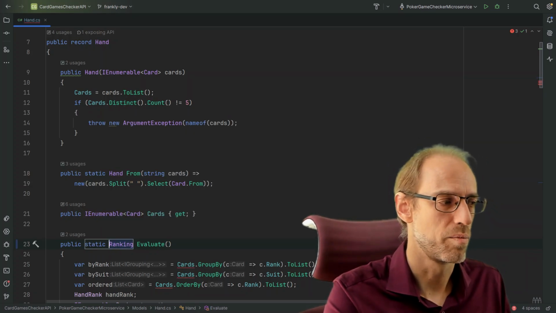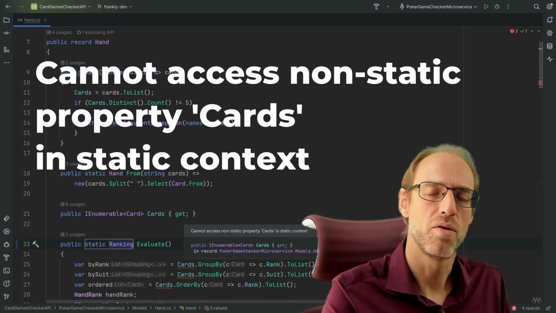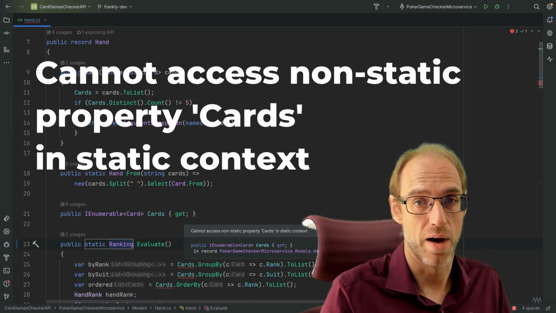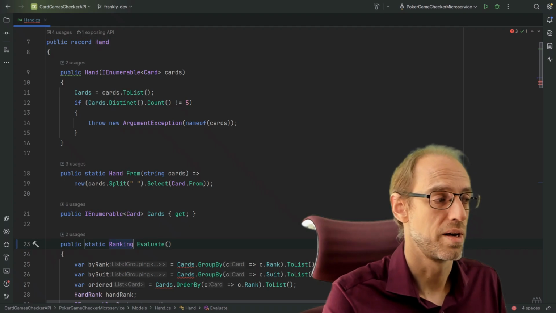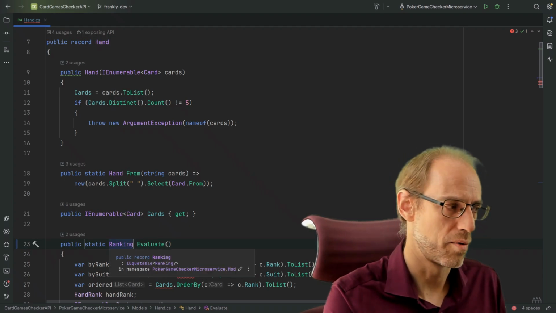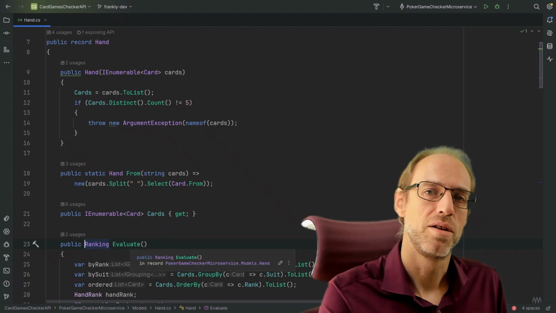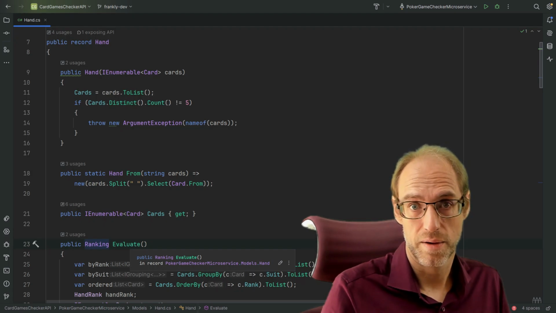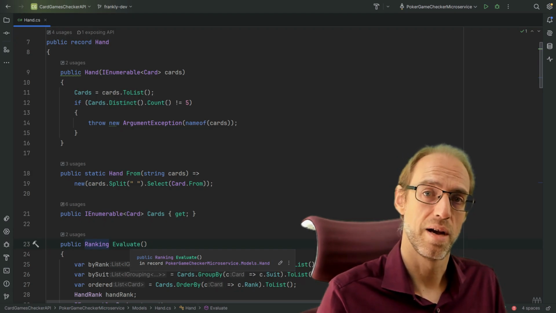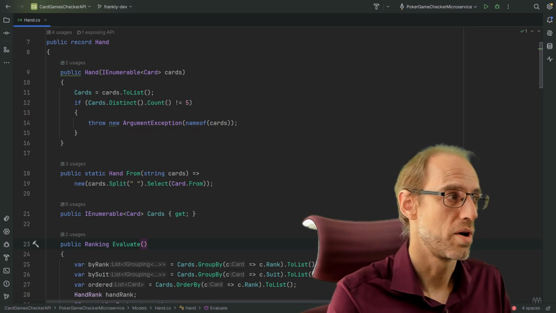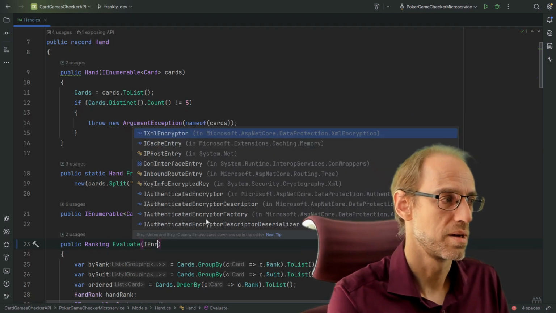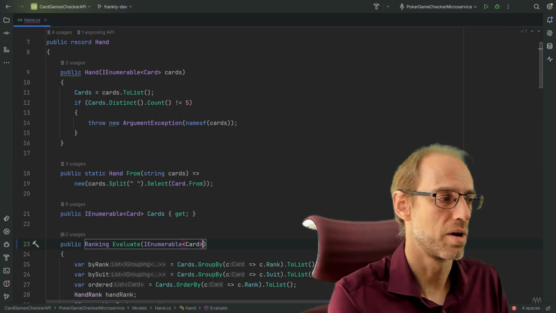As you see, we get a compile error then, because we can no longer access these local fields from our class or our object here, and that's why you need to do a little bit more in preparation. So before you do that, you need to find out all these fields that you're accessing and add them as parameters to this function. So here we are accessing these cards, which means we need an enumerable of card,